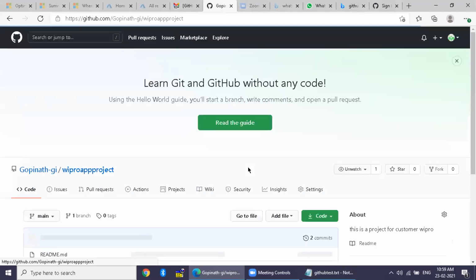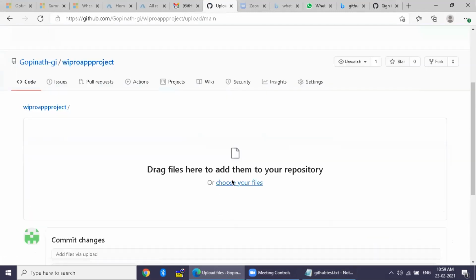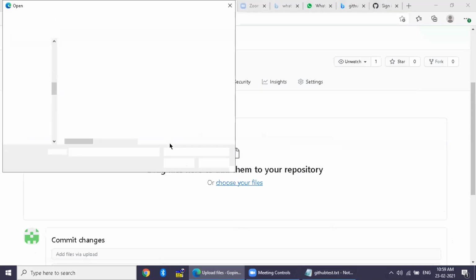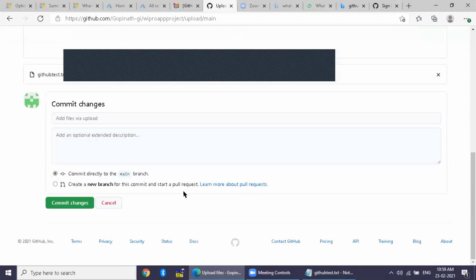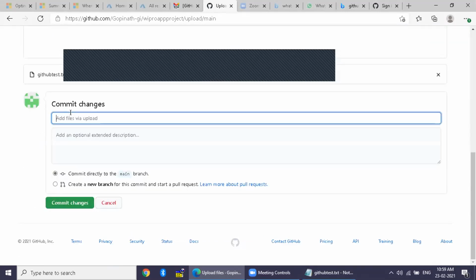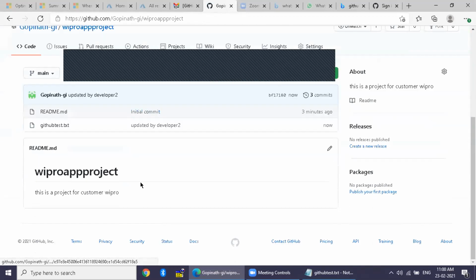Click code, add file, upload the file. Say updated by developer 2. Commit the changes. But you see there is only one file. Where is the second file? Does it overwrite?